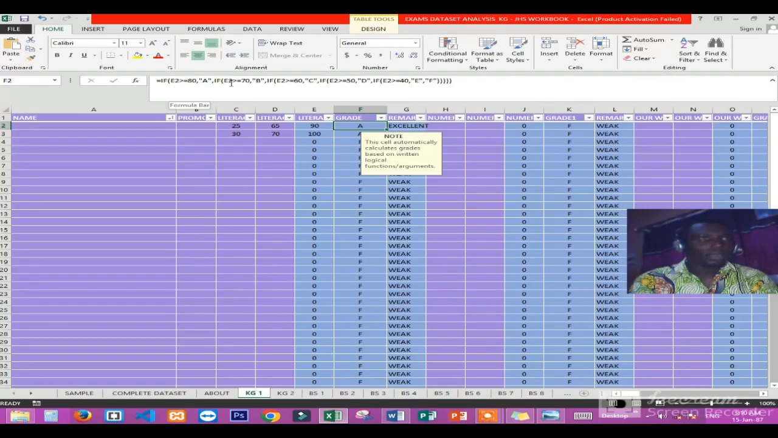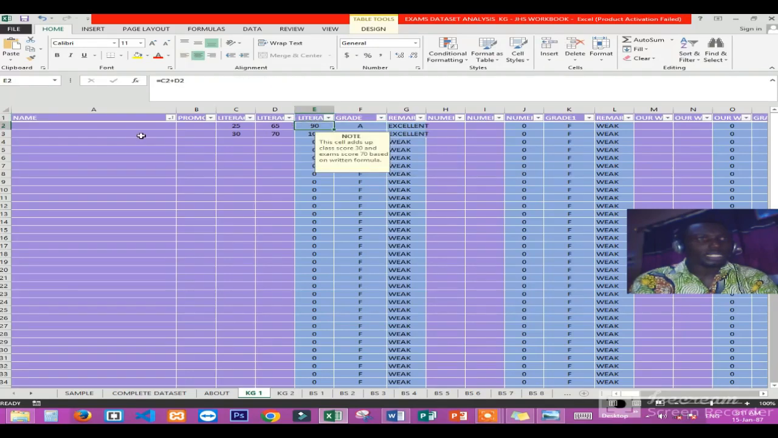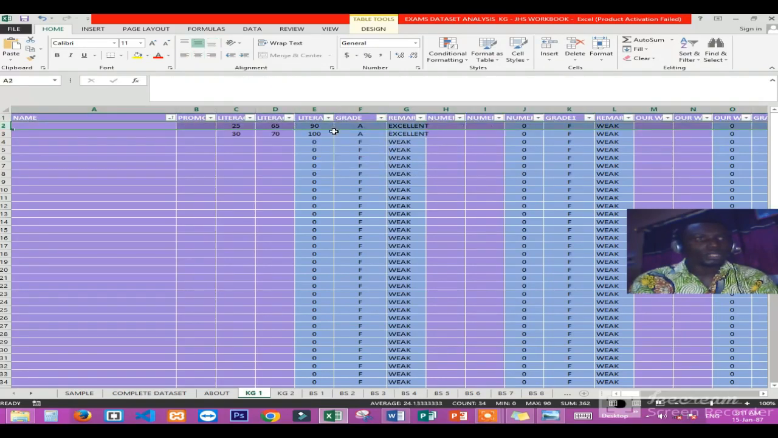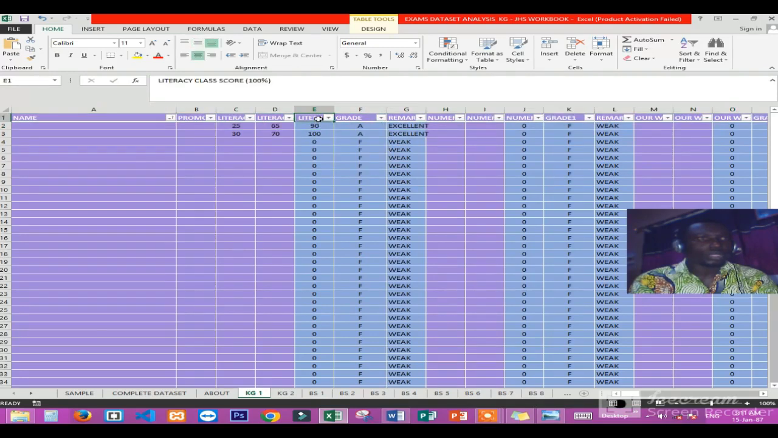We have some logical argument here which reads equal to if E2. This is E2 what? Row. Or this is the E2 row, okay? It goes this way, but this is the E2 what? Column. It goes down, okay? So the formula is telling us that